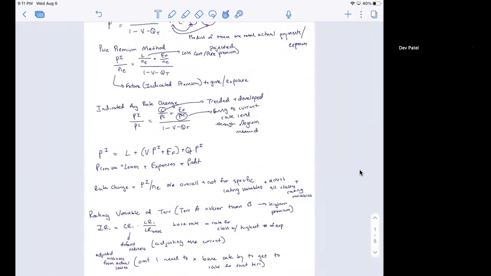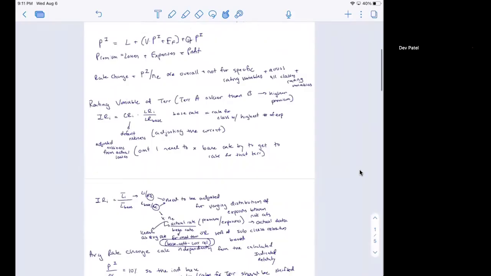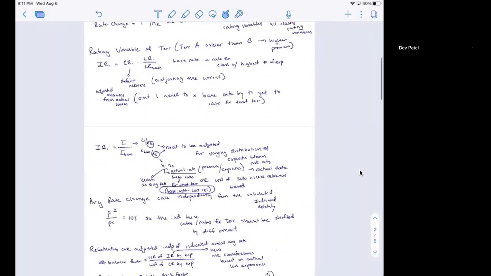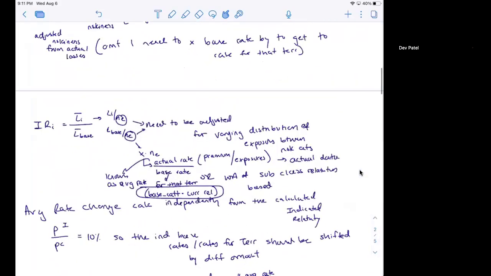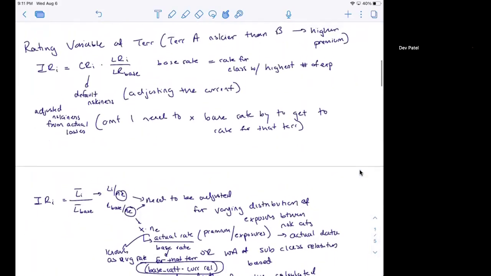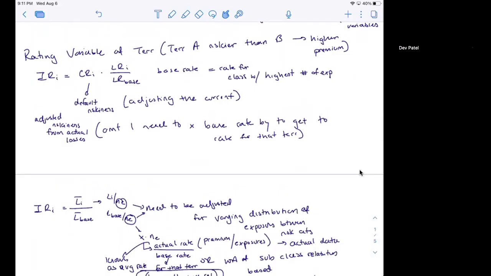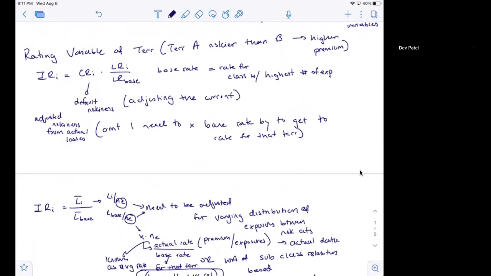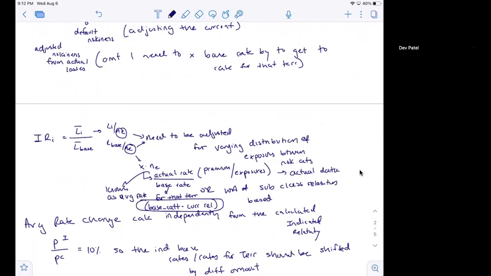So that is indicated in current relativity. For pure premium, you would do a similar thing where you want to get the indicator relativity, but instead of the first method, where we used the loss ratio to get the indicator relativity, this time we're using pure premium, so we're taking the ratio of the losses and exposures of class I over